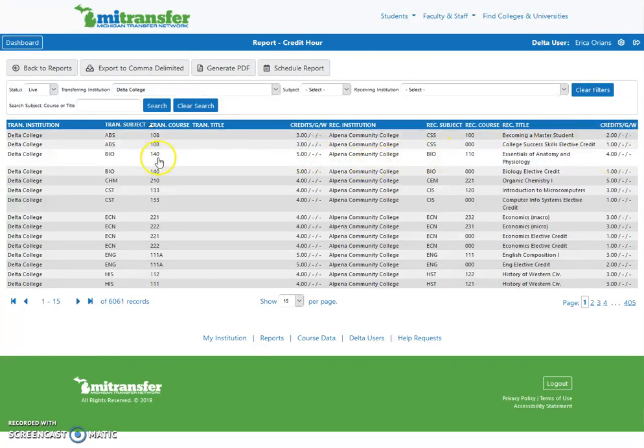The second example shows a biology example, which is worth 5 credits, and the transferring or receiving institution is taking this as 4 credits because that's how their course is transcripted, but then awarding that elective to make up for that discrepancy. So you can see how this might be helpful in ensuring that students from your institution are receiving the proper amount of credits when they're transferring.